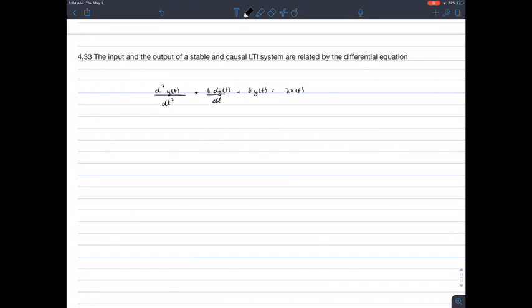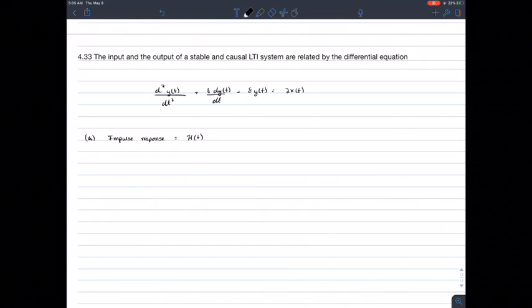Okay, so vocabulary lesson here. Impulse response is equal to h of t. Impulse response is h of t. Okay, so it wants us to find h of t